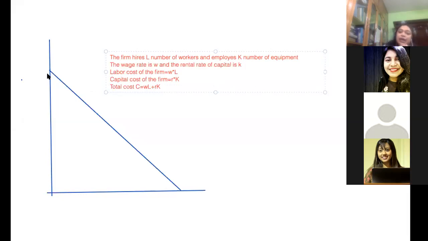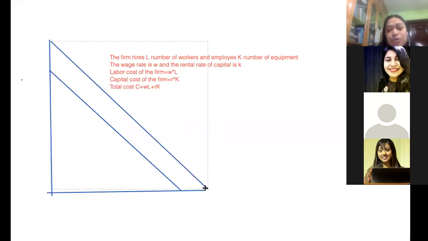Now we are saying that if you fix cost to a certain constant, we are going to use different amounts of labor and capital, but each of these different combinations of labor and capital will always result in a certain amount of cost. So we are going to fix cost. We say that no matter what, our cost will not exceed this. Okay, so if that's the situation, let's say this is one isoquant, and we can have another isoquant. So that means the higher isocost curve, so the blue curves are isocost curves, right?